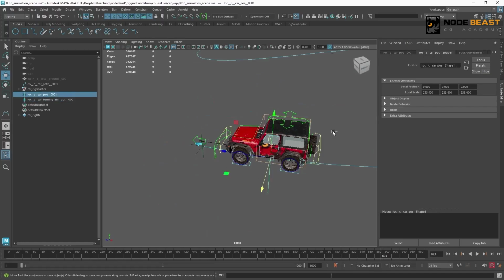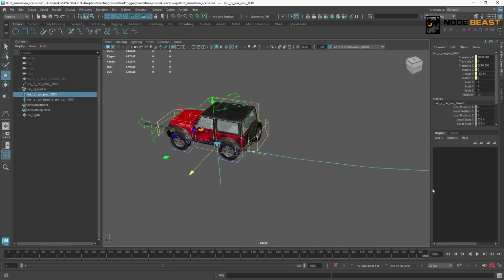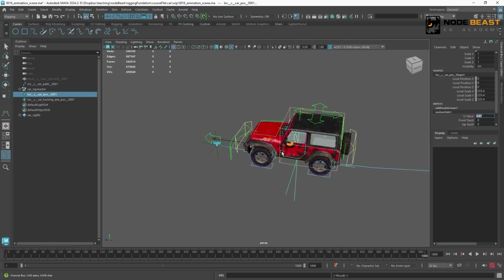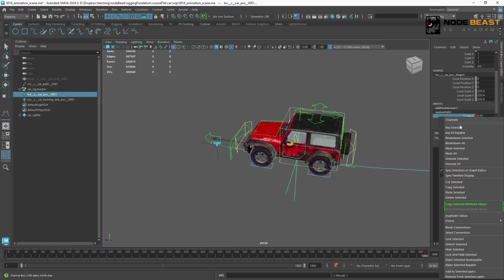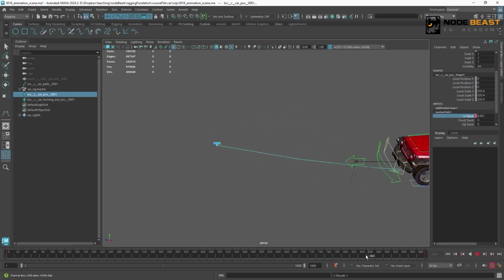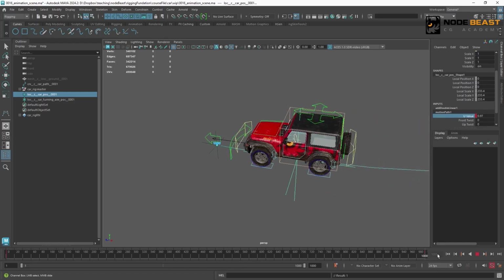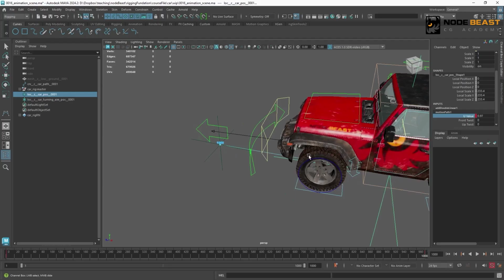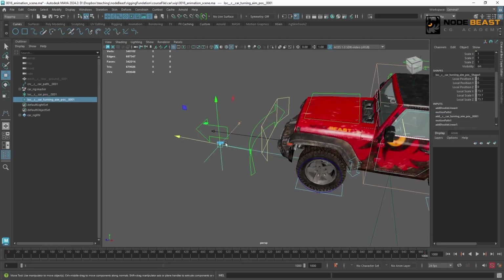So here we leave some space at the end for the car's locator. We change the maximum value to 0.97, because the distance between them is 0.03. Then right-click to set a keyframe. This way, see at the end, it will stop at a position slightly further back, letting the steering locator reach the end of the curve.